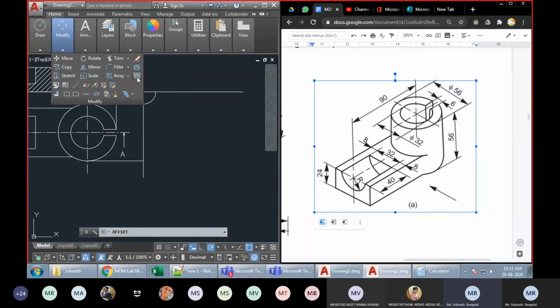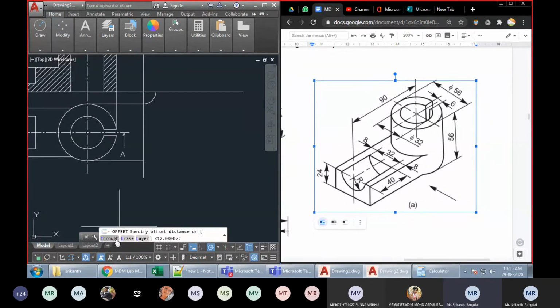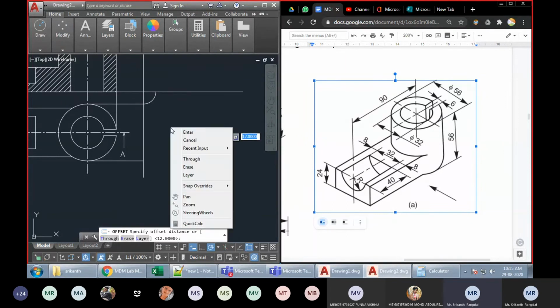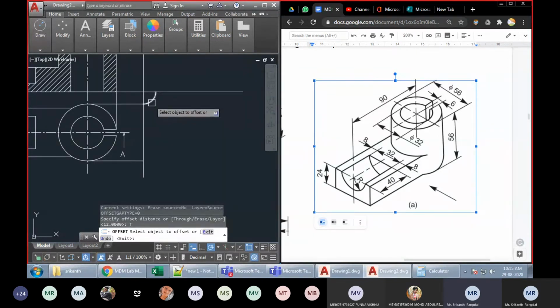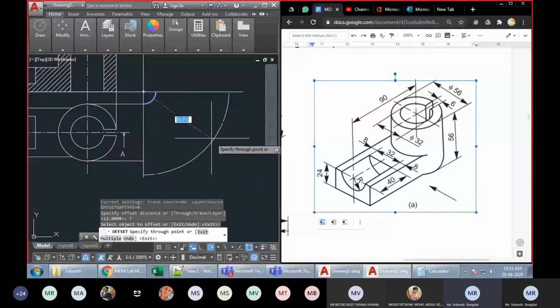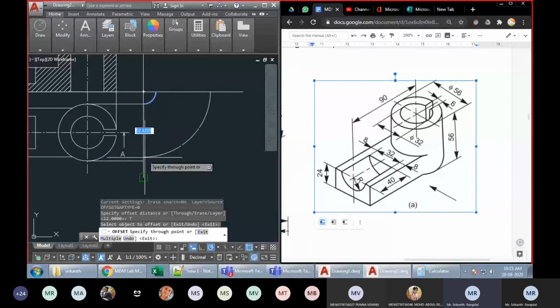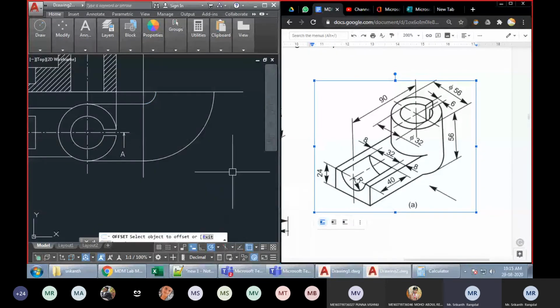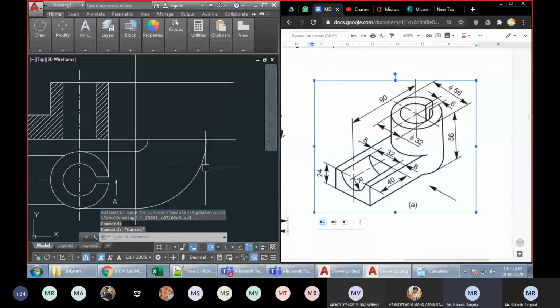So I can just go to the offset command. In the offset command, you can see there are 3 options. We'll get all those options here in the right click menu as well. So we have the through option here, and the through option is what I want. I want the offset of this arc through different points. When I'm moving the cursor, you can see wherever my cursor is, I'm getting an offset passing through that point. So I want the offset of this arc passing through the end point of this line. Fine. So don't just click randomly anywhere. You just have to click the end point correctly. Use the snap point correctly, and use the end point.